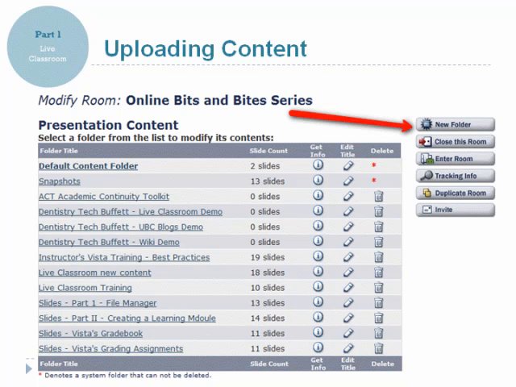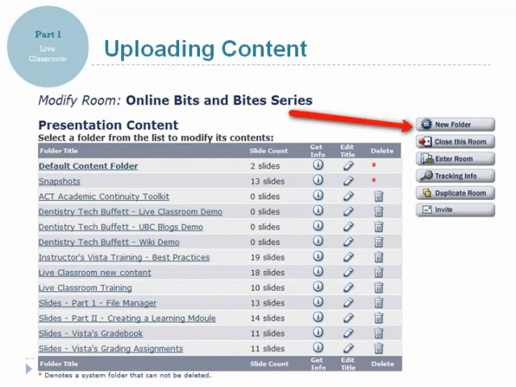Okay, so we've talked a bit about the front end, and this is a quick snapshot of the back end. Really, as I mentioned before, it's exceptionally easy to upload content into the live classroom environment. I've uploaded slides here. So in this particular image, on the back end, I've created a bunch of folders,